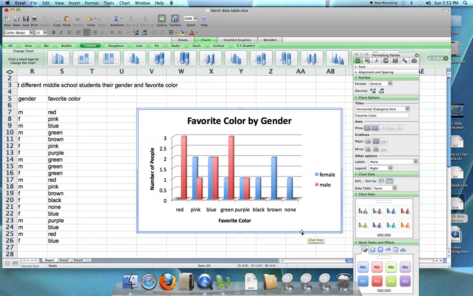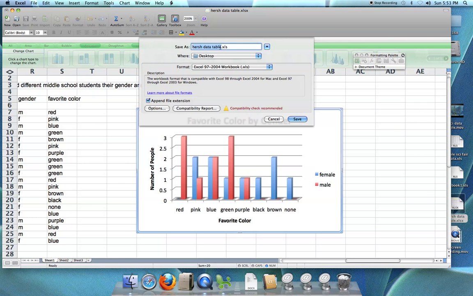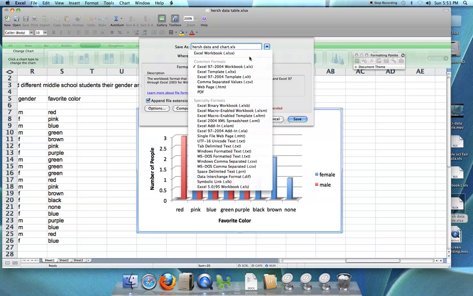So you can play around and guess and check. Don't forget to always save, so go File to Save As. And you might need to give it a new name with like the number 2. Actually, this one I'd call Data and Chart. But don't use any punctuation, and don't use any ampersands or exclamation points. It's going to freak out your computer,